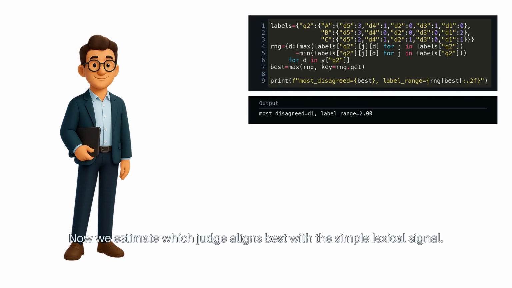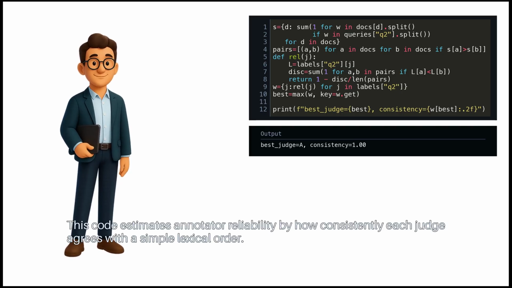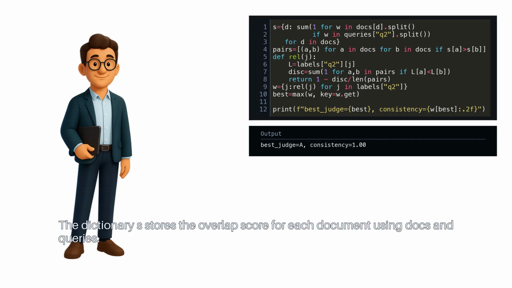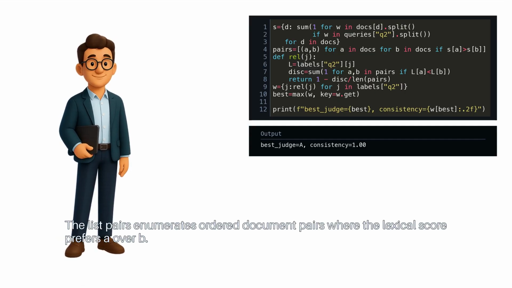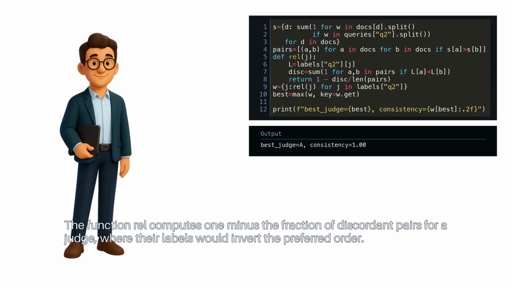Now, we estimate which judge aligns best with the simple lexical signal. This code estimates annotator reliability by how consistently each judge agrees with a simple lexical order. The dictionary stores the overlap score for each document using docs and queries. The list pairs enumerates ordered document pairs, where the lexical score prefers A over B. The function rel computes 1 minus the fraction of discordant pairs for a judge, where their labels would invert the